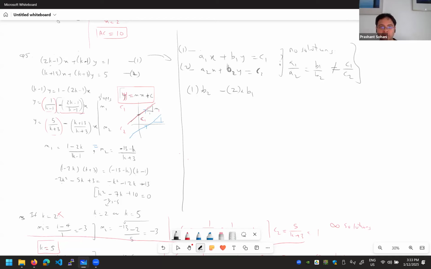So first equation multiplied by b2 will look like b2 a1 x plus b1 b2 y is equal to c1 b2. And the second equation, if I multiply with b1, b1 a2 x plus b1 b2 y is equal to c2 b1, right? And I'm going to subtract now. So when I subtract, y is going to get cancelled, and here I'm going to get x times b2 a1 minus b1 a2. And on the right side, I have